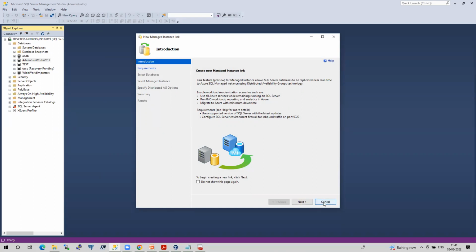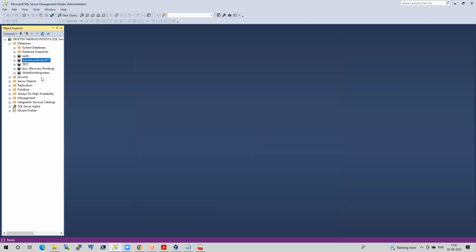Just for your information, I've created a few databases. This one is 30 GB, 36 GB, and it has a variety of information. This is used in industries like TPCC and TPCH. They're called benchmarks. For benchmarks, we create these databases. So I have one database with me, so you will get the real-time feeling. It's not a dummy database like test or AdventureWorks. There are so many things inside this database.